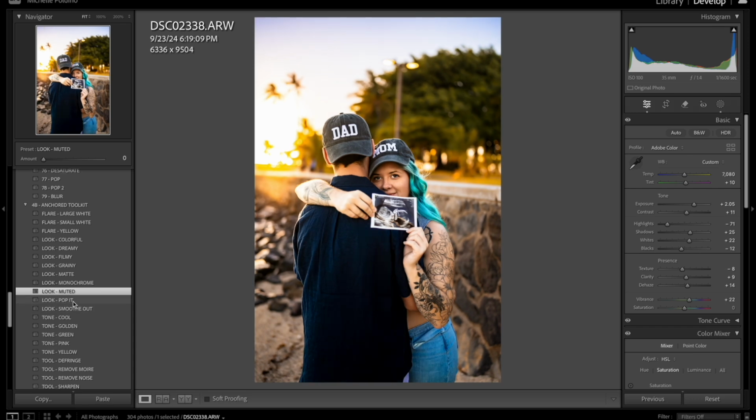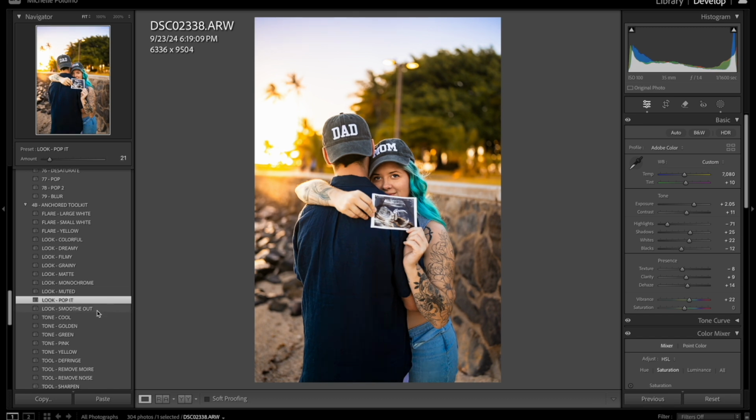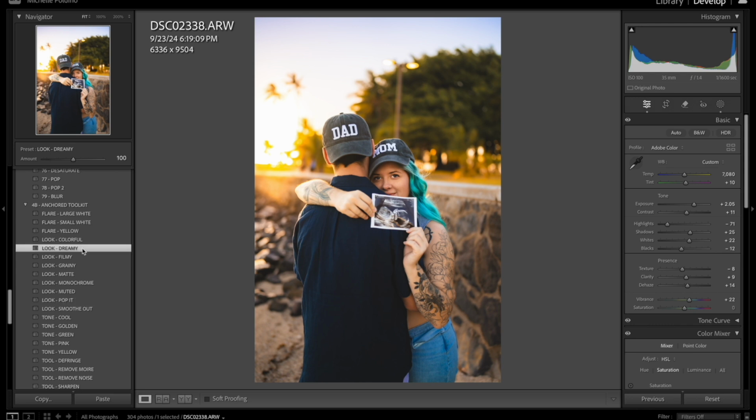You can pop it like that, give it a little bit of contrast and dehaze. You can smooth it out. I'm going to hit Dreamy just because I really love the Dreamy look. So the looks is like putting the final touch on the image when you're already done with all the AI